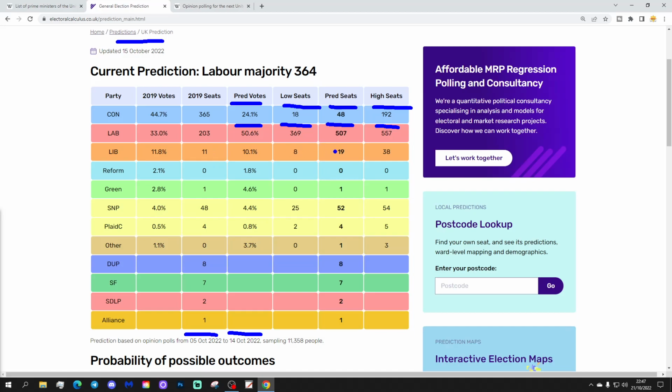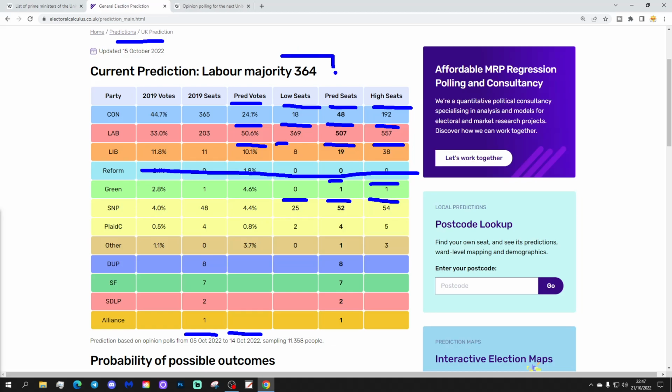Liberal Democrats on 10% of the vote, so that gives them a central prediction of 19 seats. They could go as high as 38 or as low as 8. Nothing doing for Reform. Greens keep their 1 seat. SNP 52 seats. They could go to 54, get 54 out of 54, could go as low as 25. And so a central prediction for Labour to have a majority of